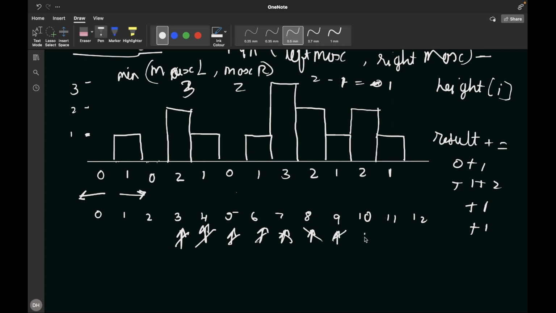We'll move to the next element. So 2, left max is 3, right max is 1, so we'll take the minimum of that, 1 minus 2, which will be minus 1, so we'll just ignore it. We'll add nothing to the result. We'll move to the next element. Left max is 2, right max is not there, so we'll just ignore it because there will be no one to store water over here, and the result will be